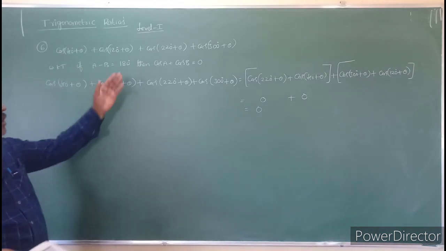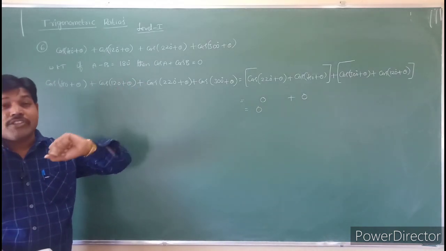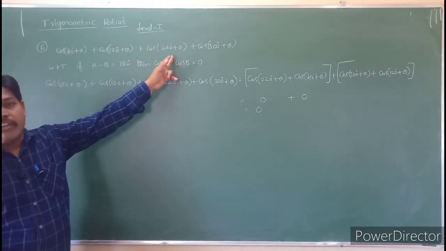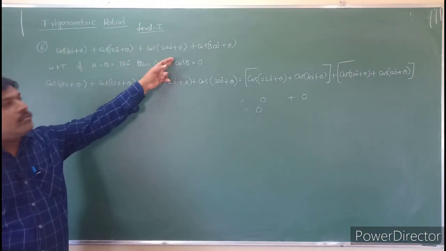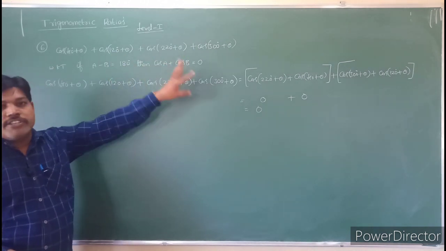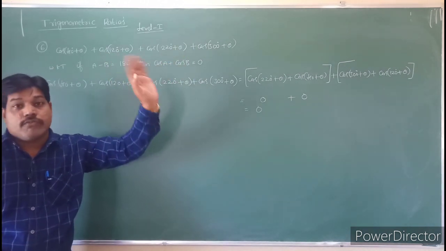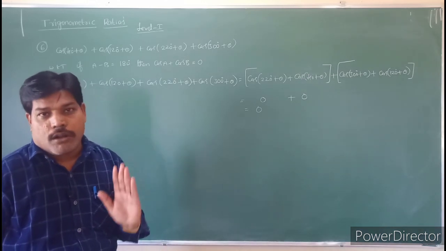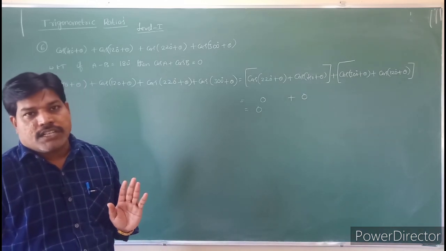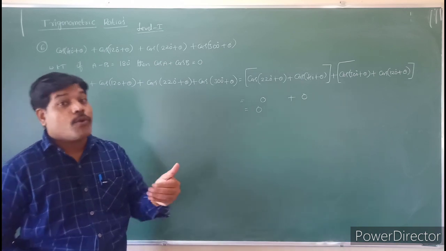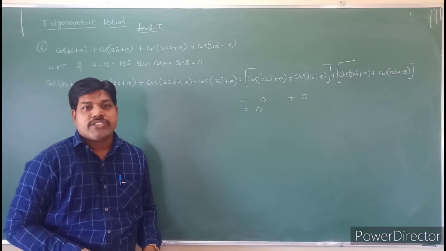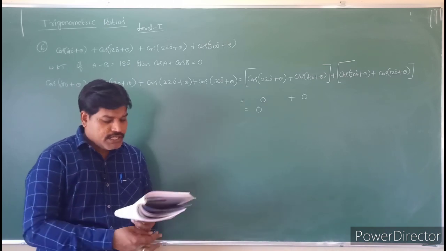So if you know the formula, you will get the answer in one step. Without doing anything else: A minus B is 180, cos A plus cos B is 0. So 0 plus 0, the answer is 0. Without working out the question also, we can identify the answers if you know the formulas. Are you understanding that? That's why I gave some formulas with the proofs also. So first practice those formulas, then you will find the problems easy. Okay.